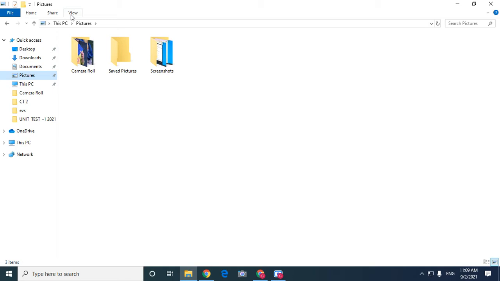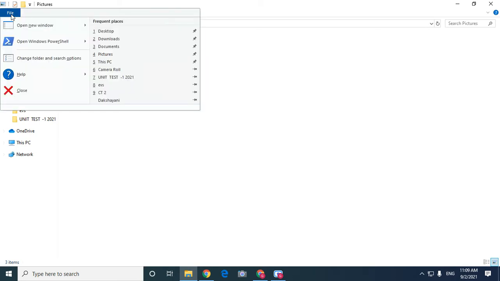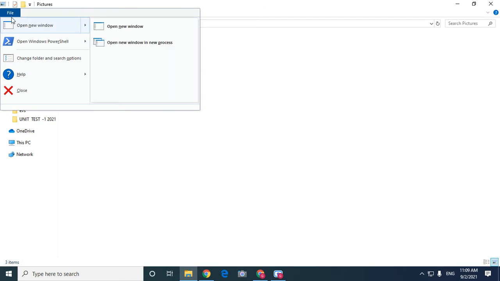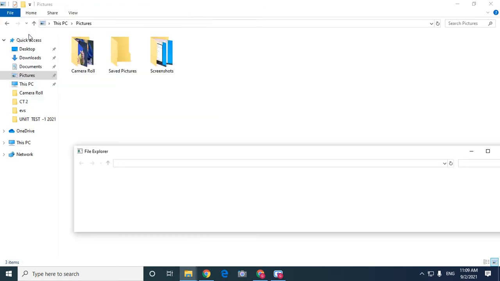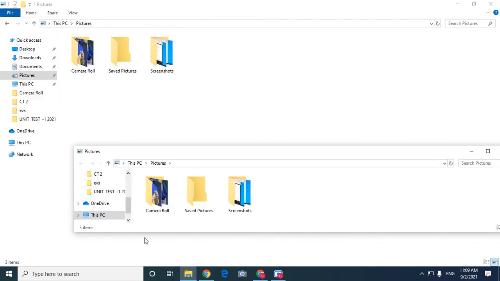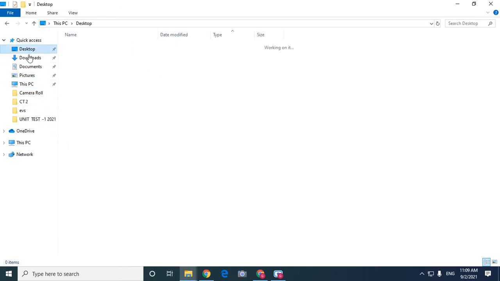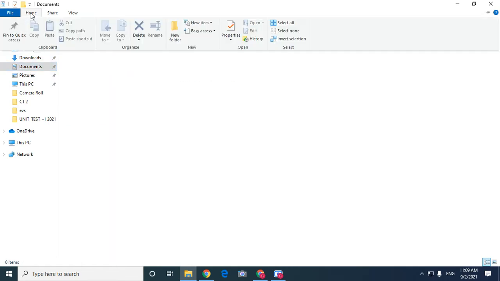They also let you copy, move, paste, rename and delete folders. I'll show you how to use that. In file, we can use many options, like open new file. Open means whichever files you have in quick access, everything will open.